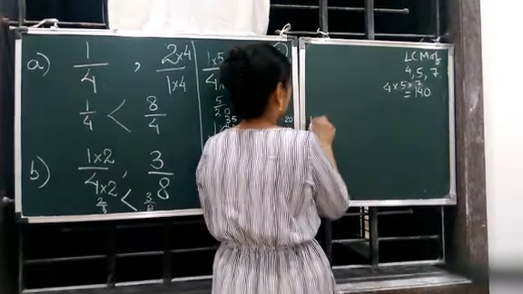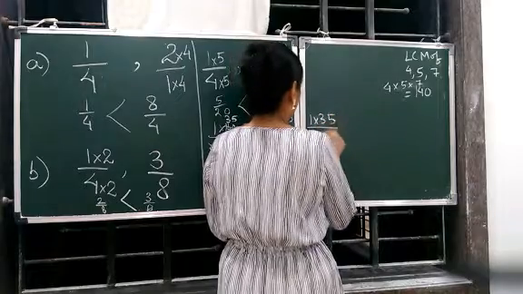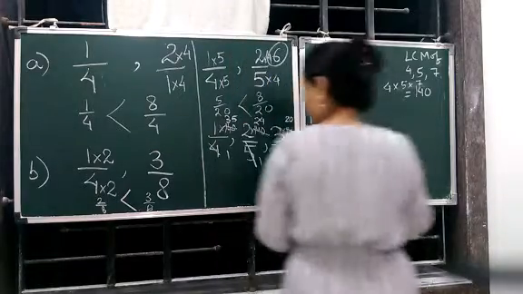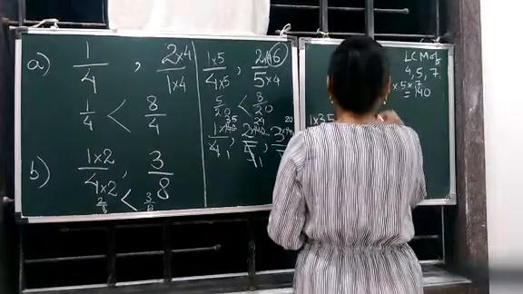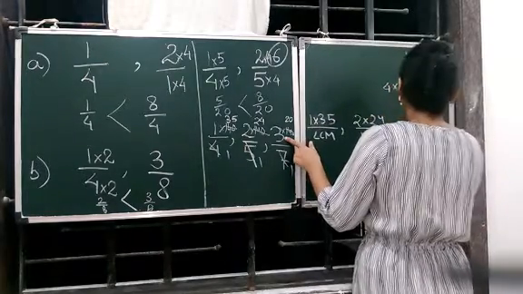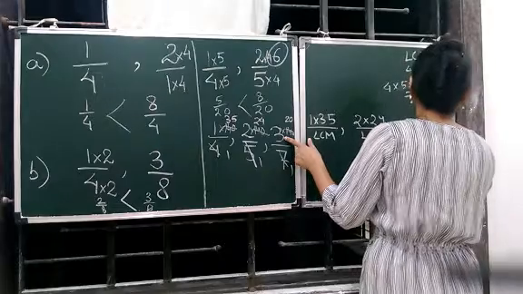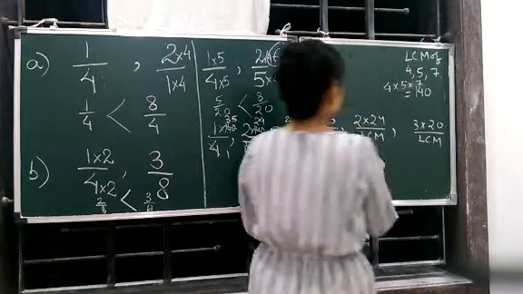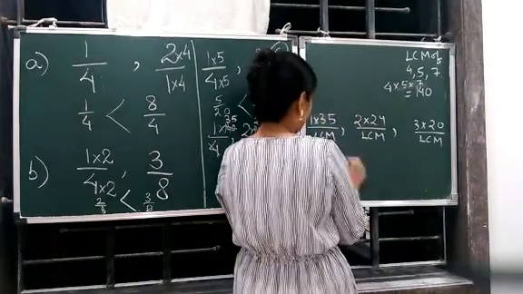So 1 is left, 35 is left, LCM. 2 is left, 24 is left, LCM. 3 is left, 20 is left, LCM. Now what is your LCM? 140, that means